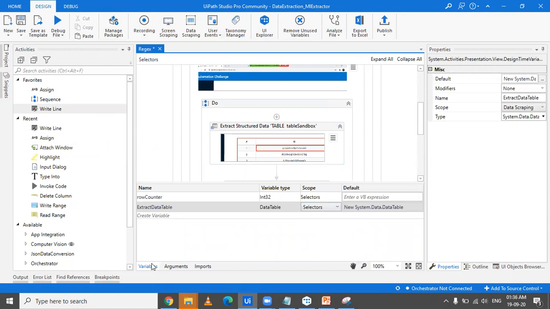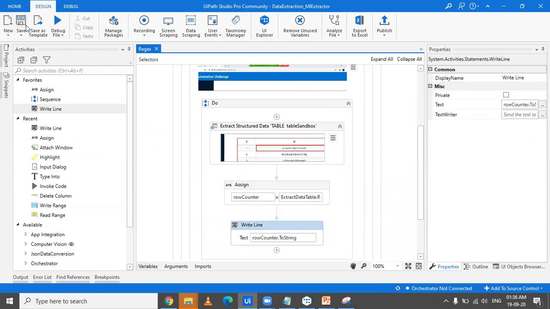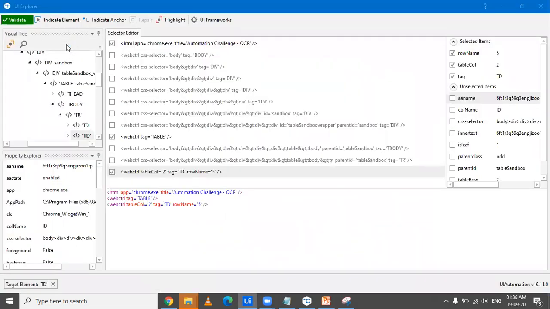Okay. So we are just doing this to have the count of the rows, how many rows are present. Once we have the count, we'll then move towards incrementing, that is, how do we iterate over each row to extract the desired details we want.